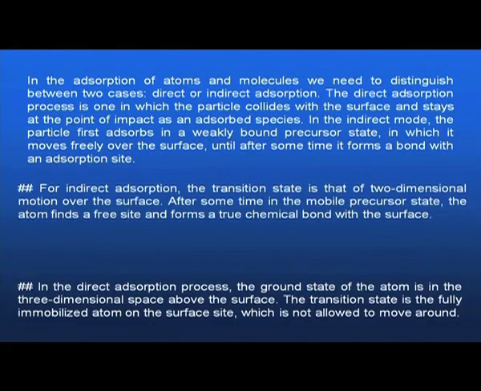It gets a position, which means it gets one chair, a vacant chair, where it will sit. So, it will be seated over there. Okay. And it will stay at the point of impact. But in the indirect mode, what is happening is that the particle first